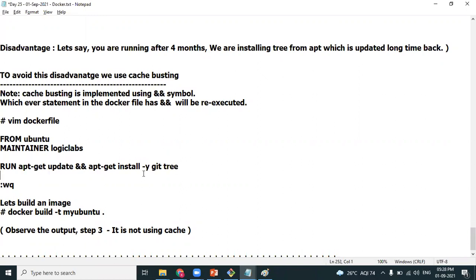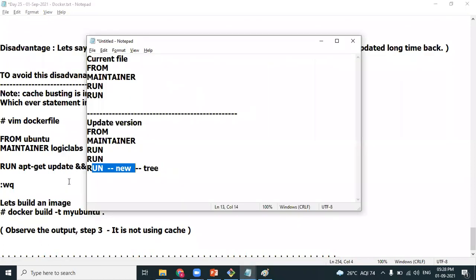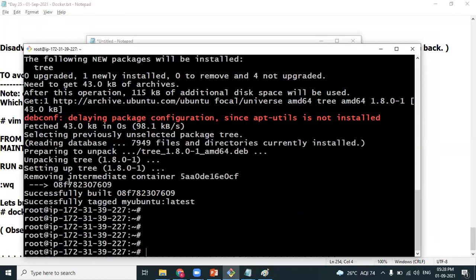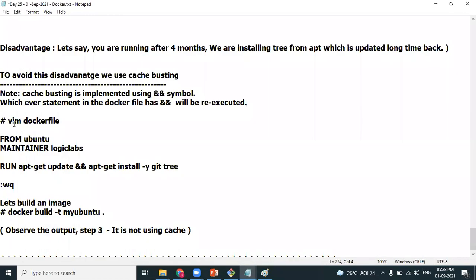But ampersand is also used to concatenate commands, right? No, here in the Docker file, the behavior of the context is different. Okay, because it's a Docker file. So what I'm doing here, I'm updating the